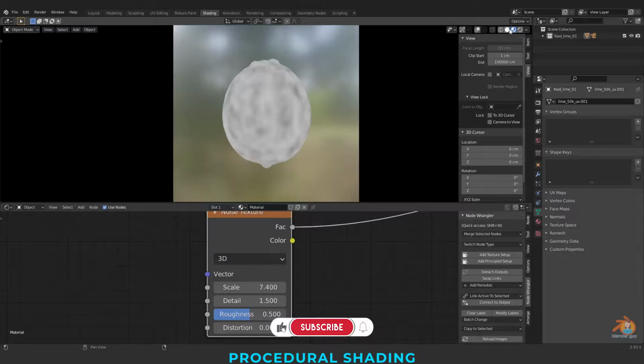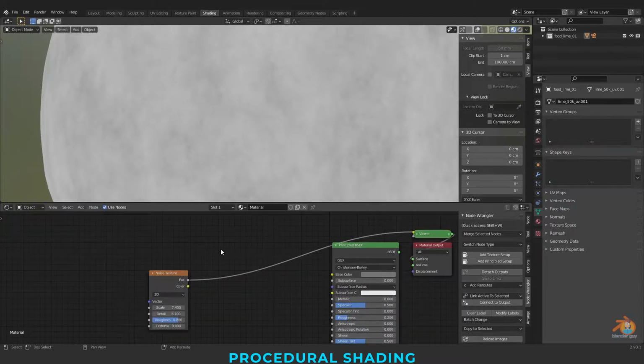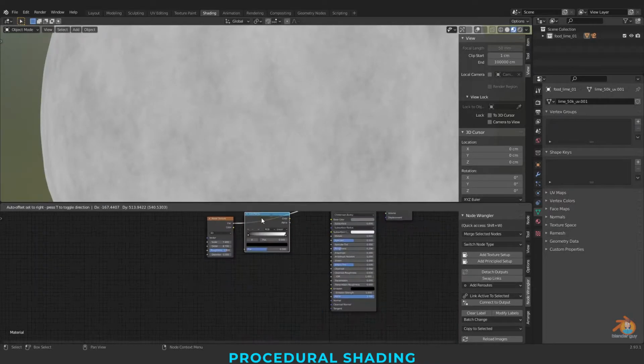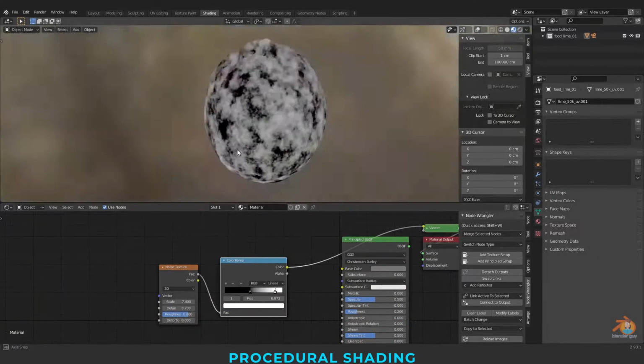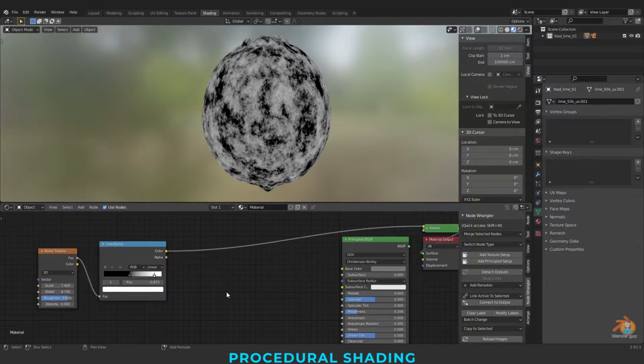Switching back to shader view and seeing the detail, I'm taking a color ramp to clamp this. So this will be our mask for color blending, the base color.